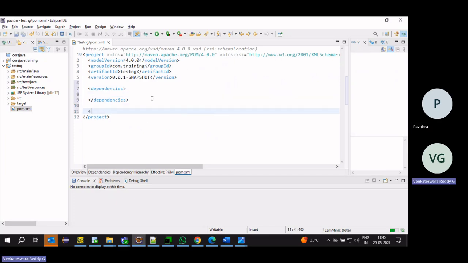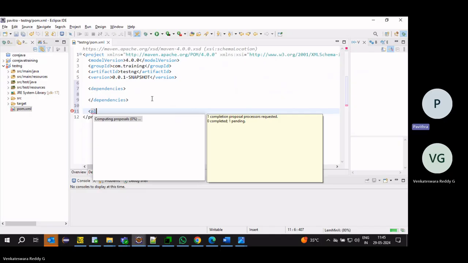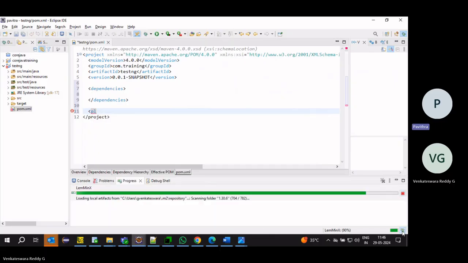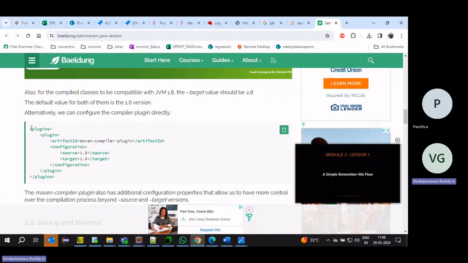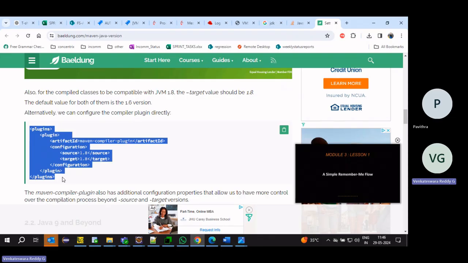One more thing to show you: copy this plugins.